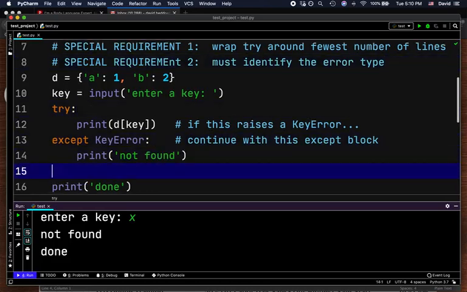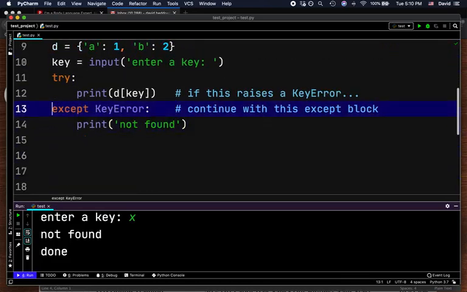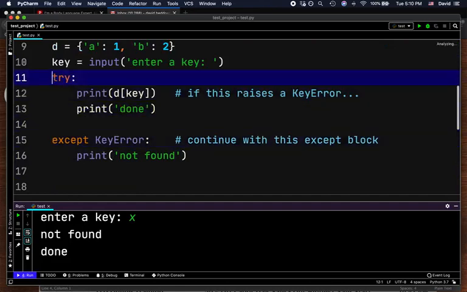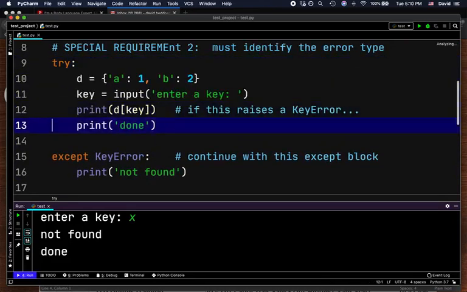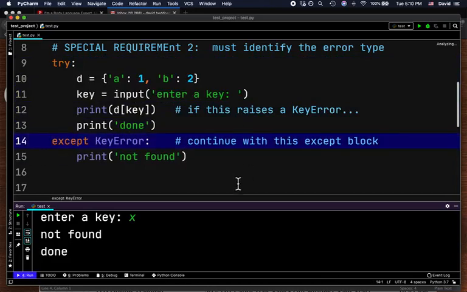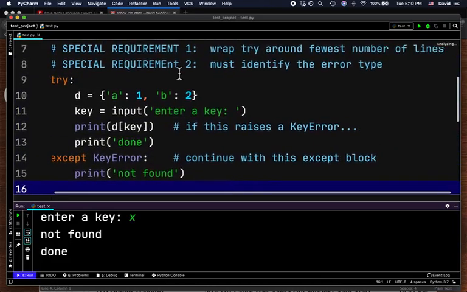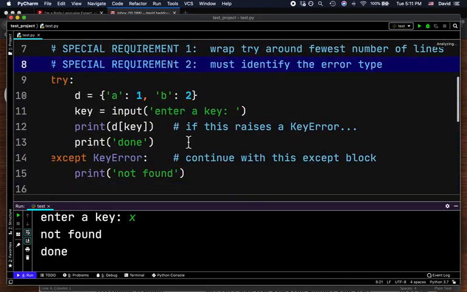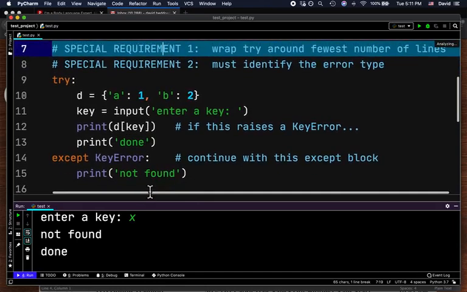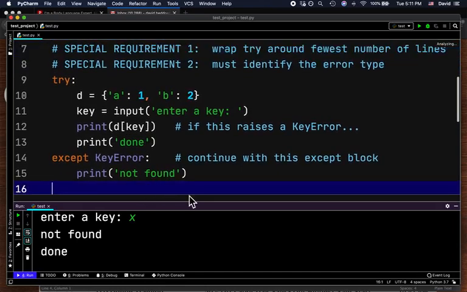One would be putting lines that don't belong in the try block. Now there's no one that's going to stop you from doing this, and so I need to make it a special requirement. The special requirement is wrap the try around the fewest number of lines. In other words, there's nothing to stop you from putting your whole program in a try block. But the problem with that is that it doesn't effectively show the reader where the exception is expected, because it